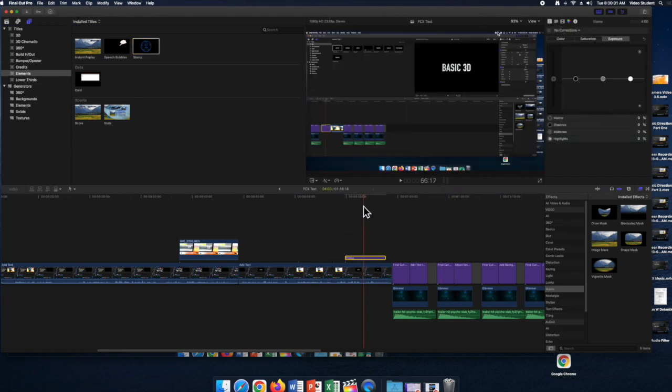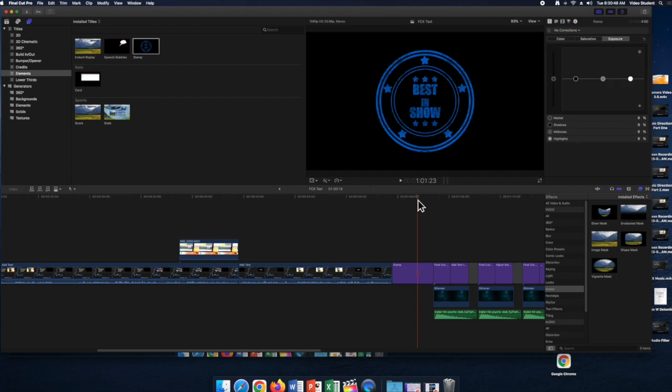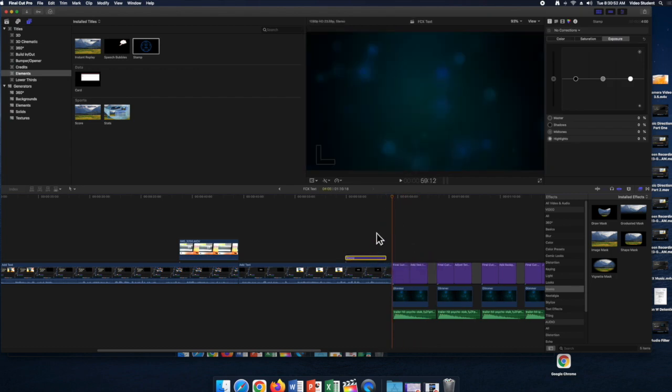Here's the stamp. It says Best in Show. If I drag it below the clip here, you no longer see it because whatever's on top is what you're going to see. If I drag it into its own space, you'll see it all by itself with a black background. I'm going to drag it over top of the video,